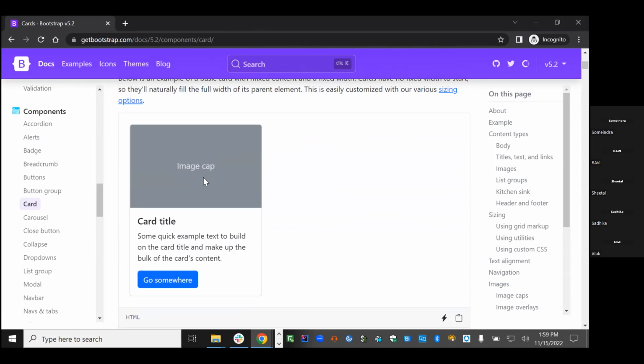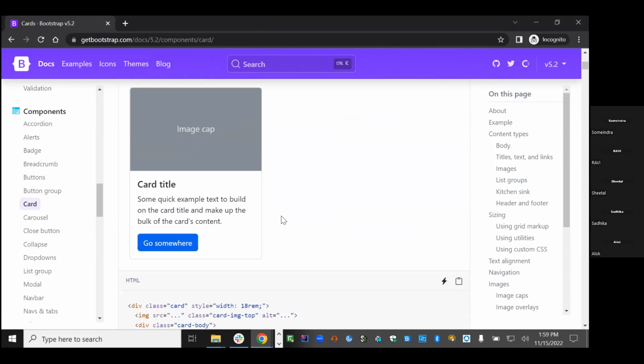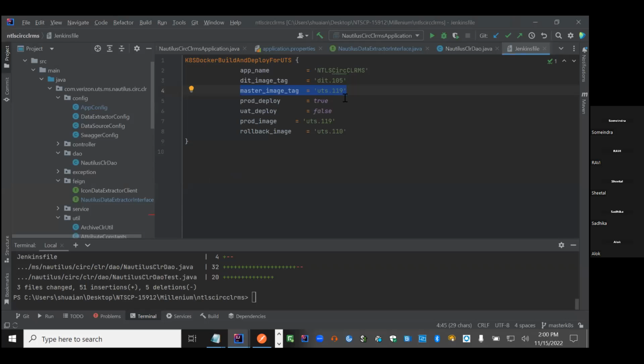You have this image cap, then you have this card title, then you have some text here, and then you have a button at the end. As you can see, this card looks much more refined than the card that we have created in our example. If we go back to our code,